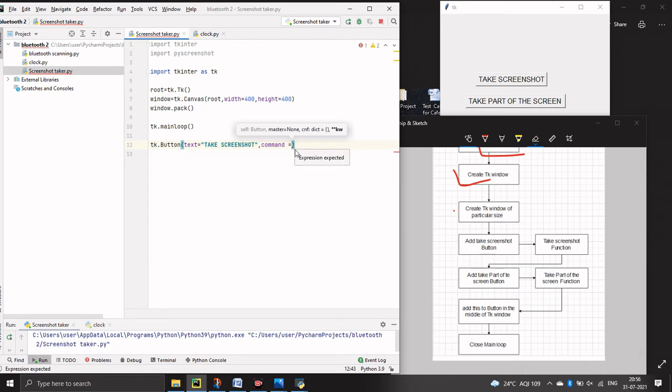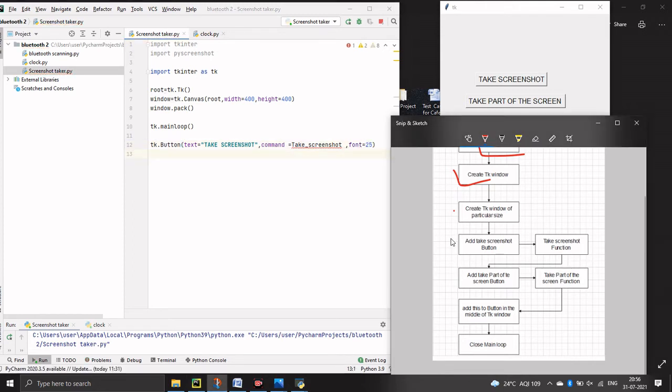So here we have to pass some function. Here I am taking it as the take screenshot function. Next parameter is font. Here I am using 25.